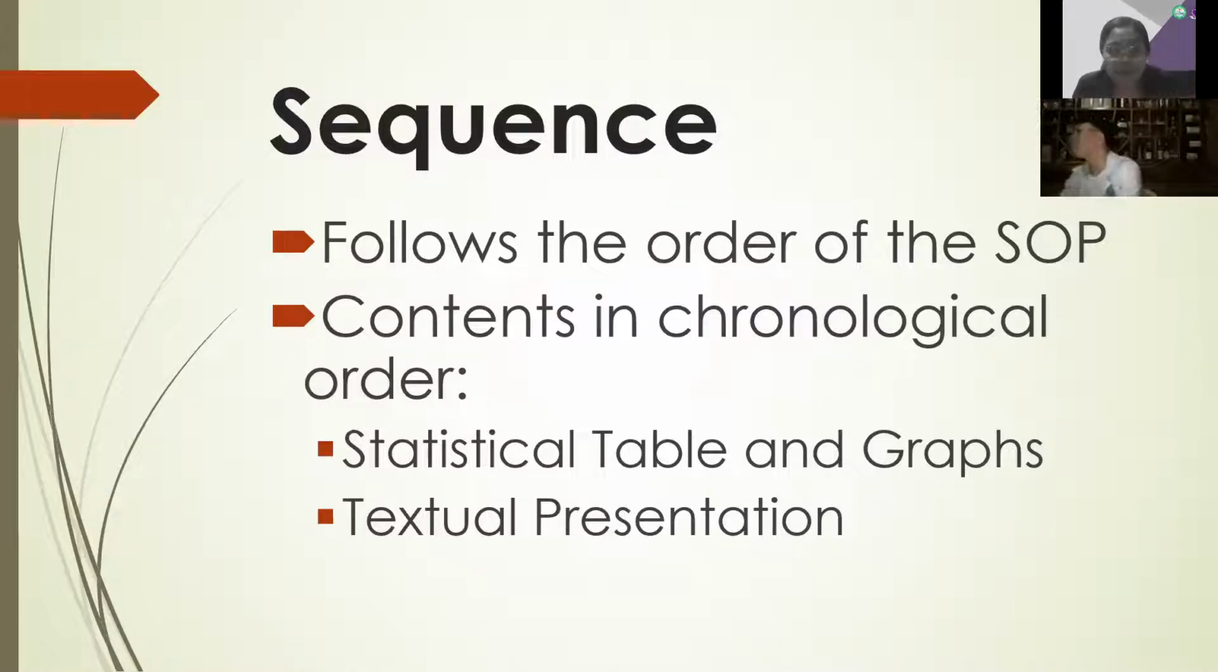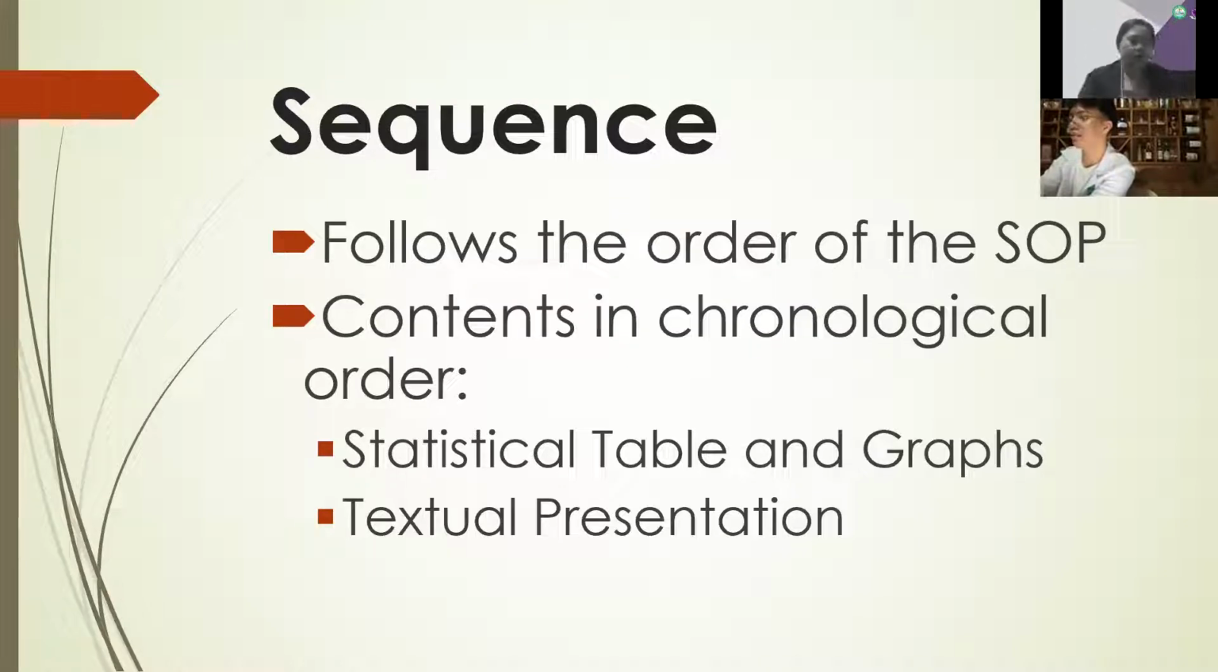So, it should not be mixed up: number 1 is the demographic profile, but the table for the demographic profile is placed last. It should not be like that. Always go back to your SOP and arrange your results according to the arrangement of the statement of the problem. So, it should be in chronological order according to the SOP, and then take note,